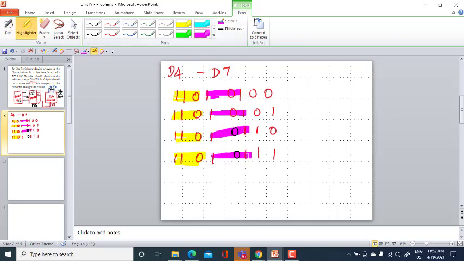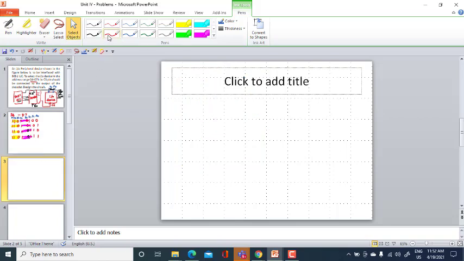These 6 bits will be the same. Only these 4 bits are changing, which is nothing but 0 0, 0 1, 1 0, 1 1. So we will be having A0, A1, A2, A3, A4, A5, A6 and A7. Okay. So these 4 bits are changing. So what can I do here is, for the decoder circuit,